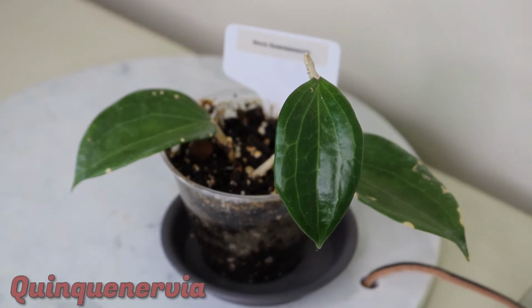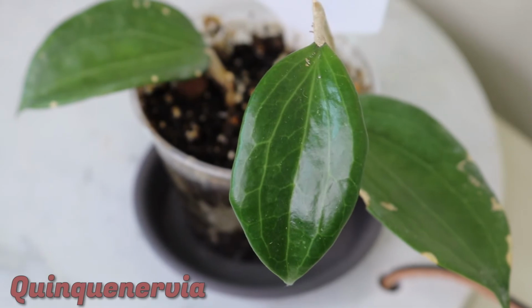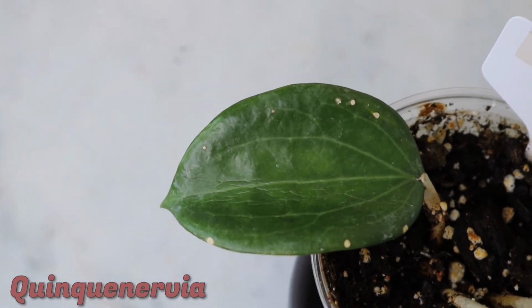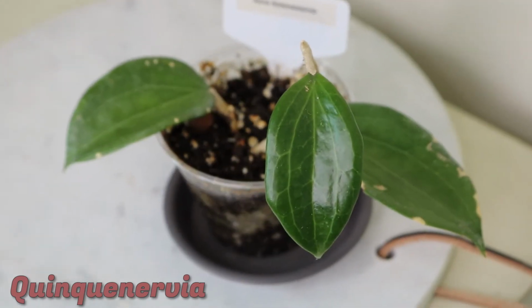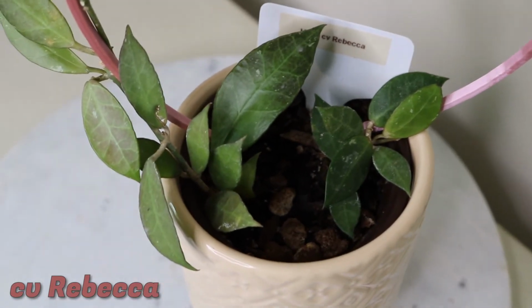Hoya quinquenervia I recently repotted because it was flopping around, and that's how I realized it had root rot. It was not really attached to its pot anymore, so we're working on it. It put off that shiny leaf at the top in my care months ago and has been kind of dormant since. Hoya Rebecca has been a pretty consistent grower for me, though it's been kind of adjusting to our new